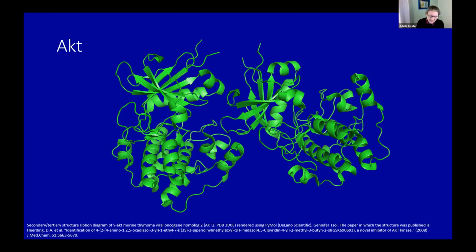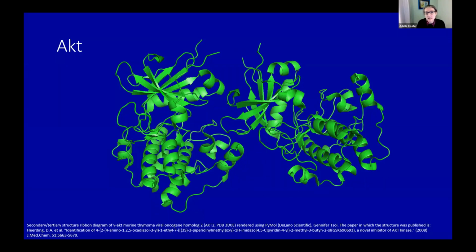So AKT plays a pivotal role in glucose uptake. It's also a key node for cell survival, proliferation, and it also responds to numerous growth factors. And so it's part of that regulation system, not only for the response to glucose coming into the system, but also other key processes in the cell. So that implies that dysregulation of AKT will have a whole lot of knock-on effects to a variety of disorders.